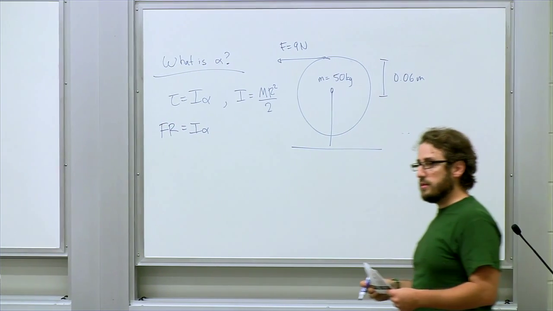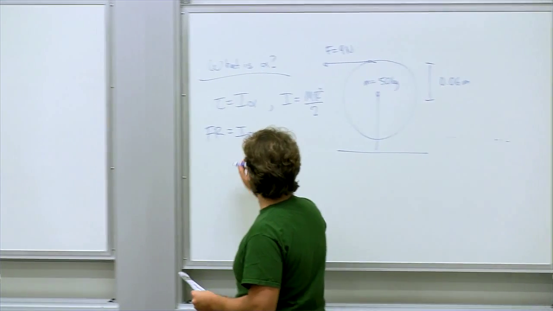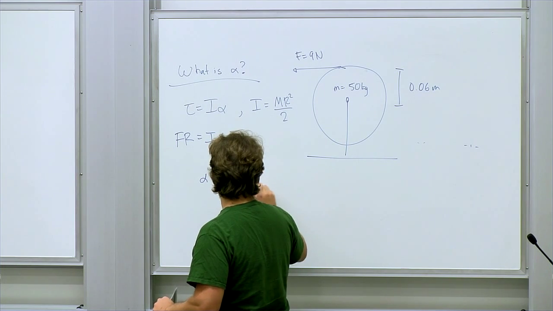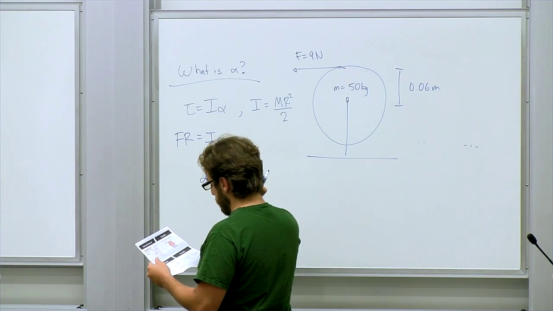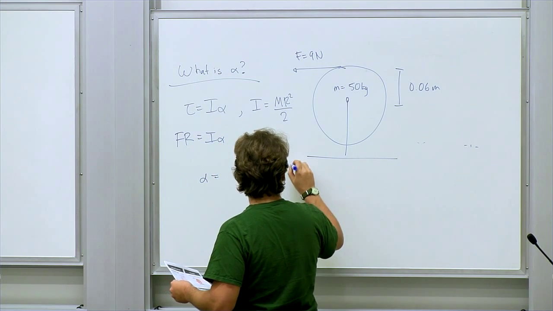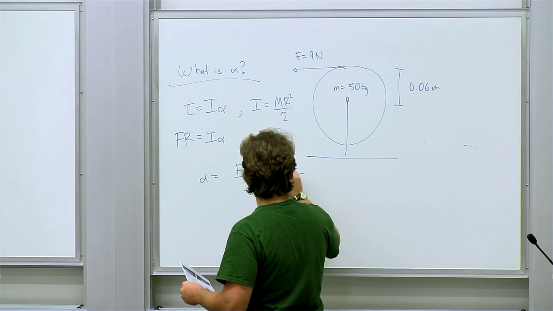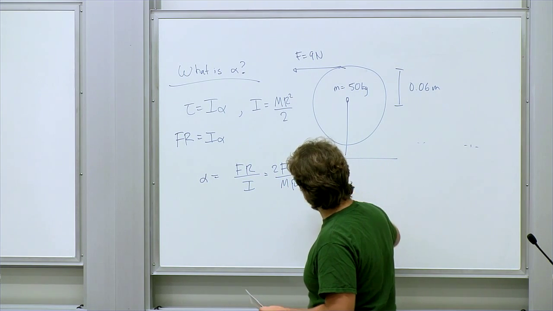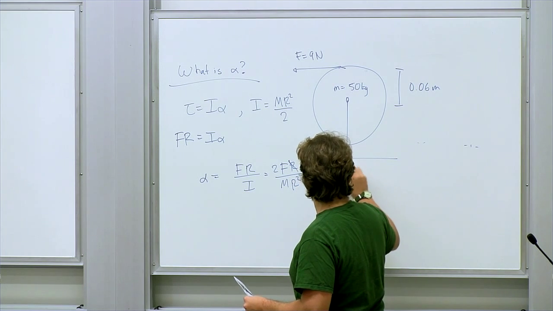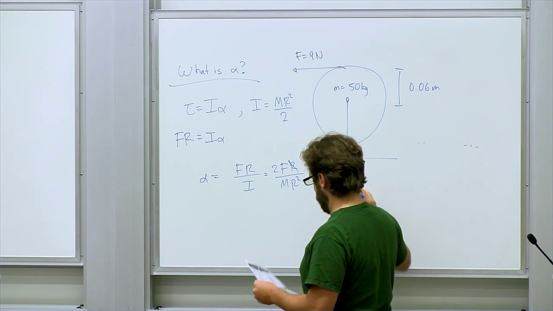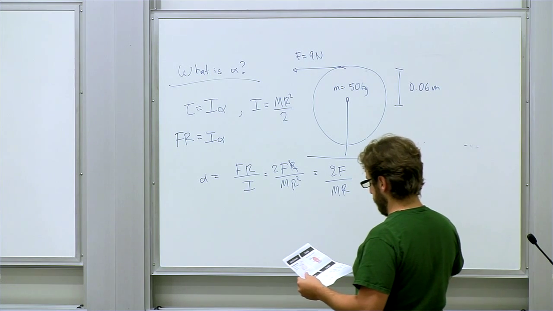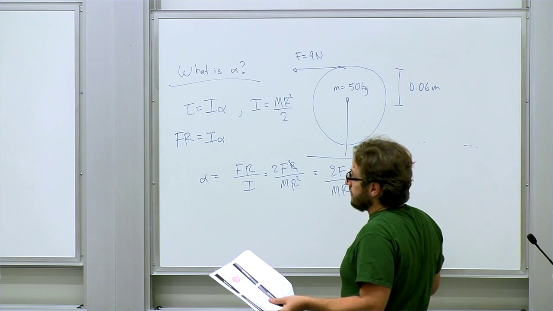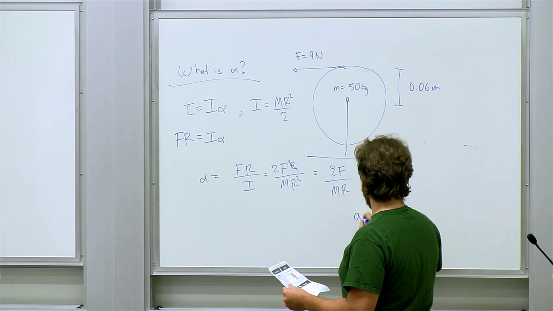Now we know how to relate force to angular acceleration. So alpha is F r over I, which is F r over m r squared over 2. One of these r's cancels. And we know how to calculate that. And if somebody says, well, what's the tangential acceleration? We could just remember